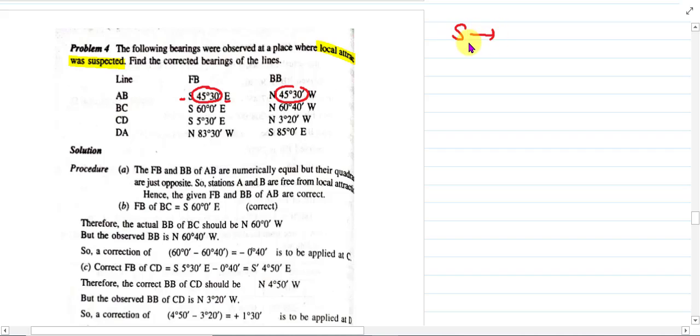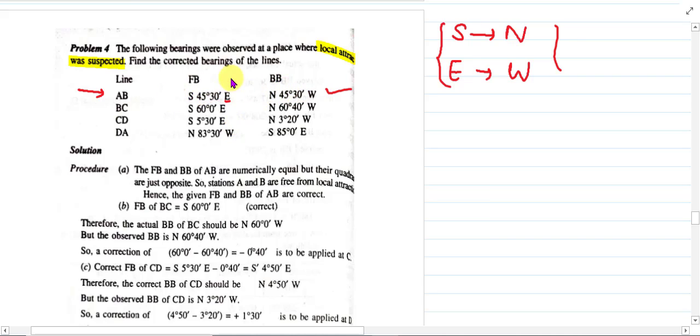You have to check: south will be replaced by north, east will be replaced by west, and vice versa. Okay, so the first line, which is represented by row 1, line AB, if we apply the check, in this case both the readings are the same, only the direction differs, which is according to this, it means this is free from local attraction. Again